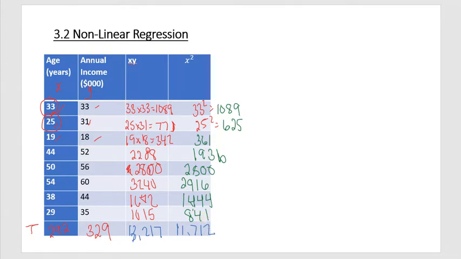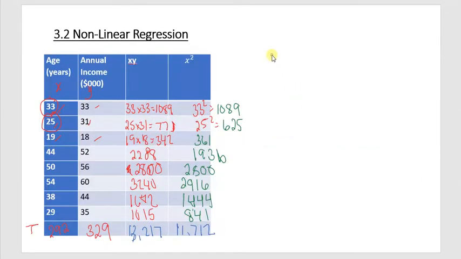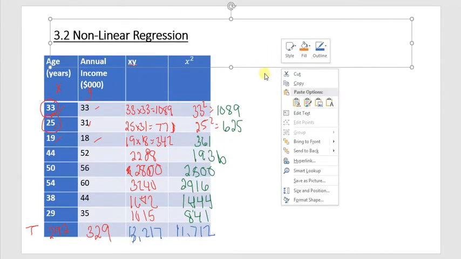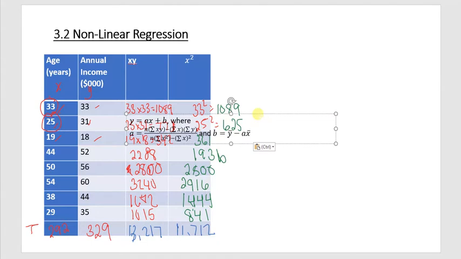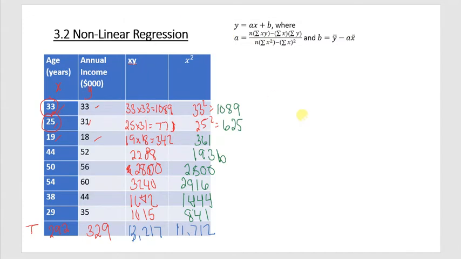So I'm going to go back and get the equation. I'm going to paste it here. Now let's sub these numbers into this equation for a. A equals, the number of values we have, 1, 2, 3, 4, 5, 6, 7, 8, so we have 8